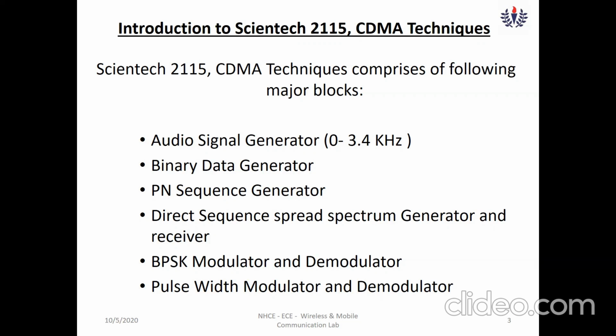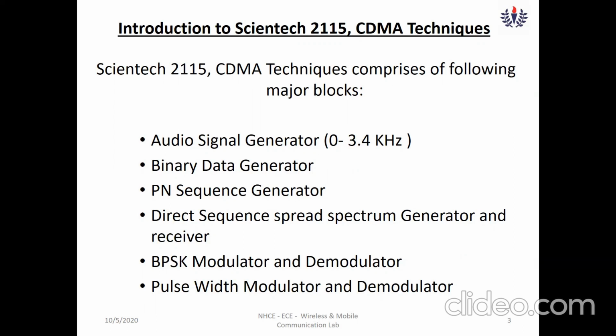To get the basic idea, the audio signal generator generates an audio signal, and this particular audio signal is converted to a digital pattern with the help of a pulse width modulator. So this pulse width modulator helps us represent analog signals in digital form.